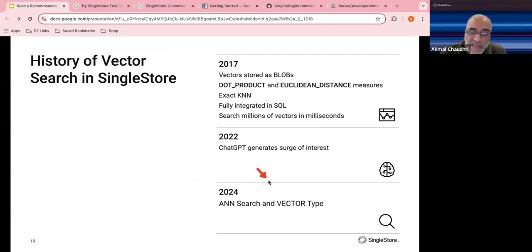So we added a dedicated vector type, for example, earlier this year, as well as approximate nearest neighbor indexing. And now you could potentially store hundreds of millions, billions, even up to trillions, if you've got data that large. And you can create an index, probably going to be very large, but you could do it,